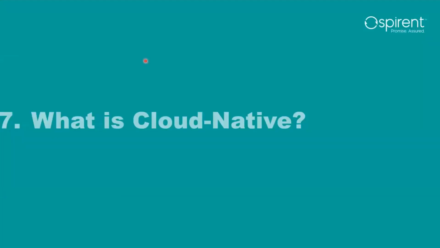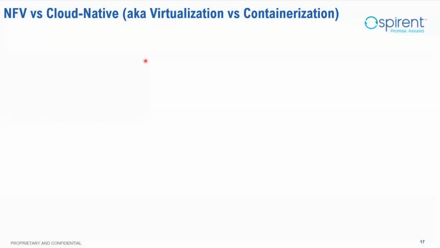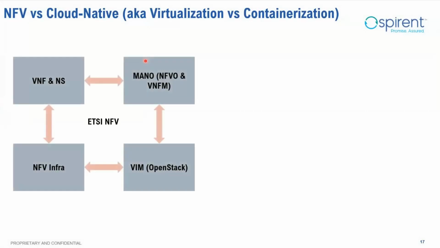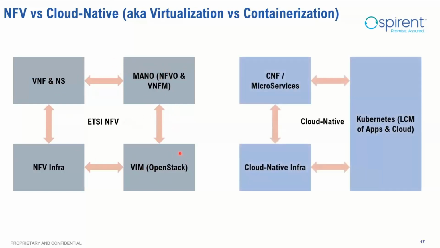So this is the reason they are moving away from NFV into cloud native and Kubernetes. So what is cloud native? Cloud native is the old NFV. We saw the NFV infra, the VIM, the MANO, and the VNF. This was the NFV architecture. But the cloud native,